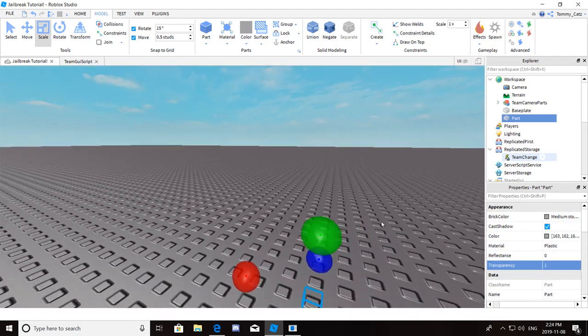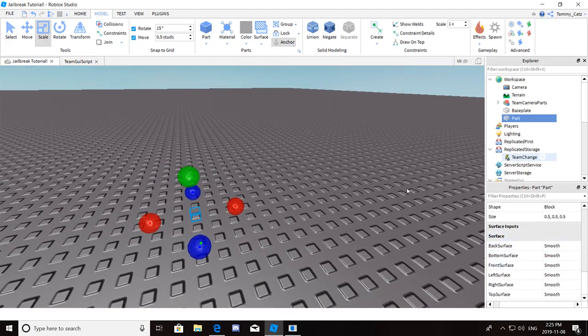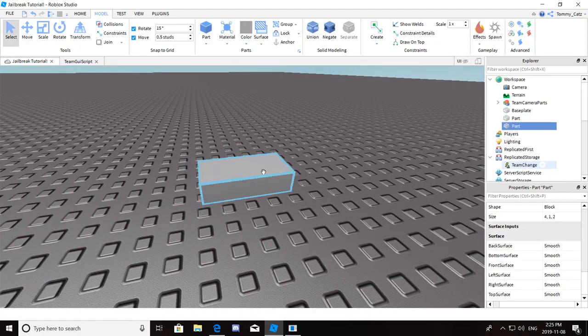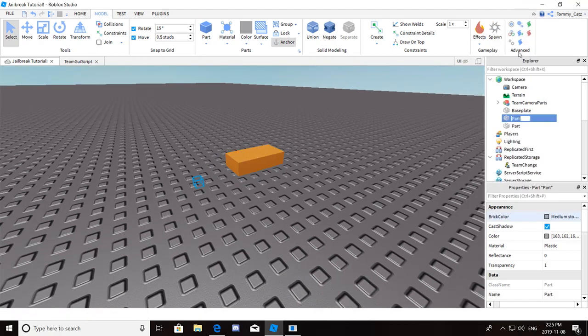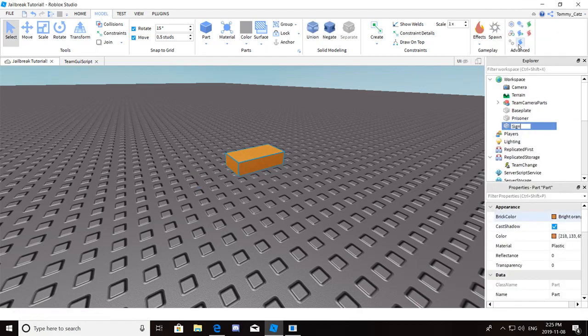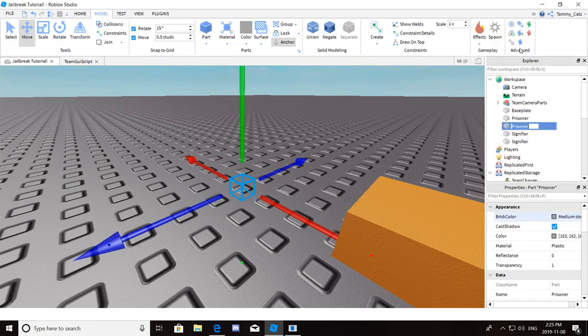I recommend you do, so that they can be anchored and can't collide set to false. We can move it now to someplace, and then we can add a part and set the color to signify which team we are on. So this is going to be prisoner, and we can set this to signifier, and then we can duplicate the prisoner and the signifier over here, and we can rename this to cops,